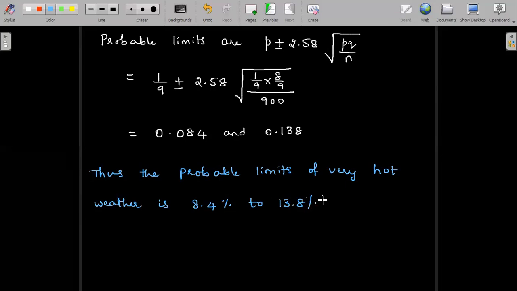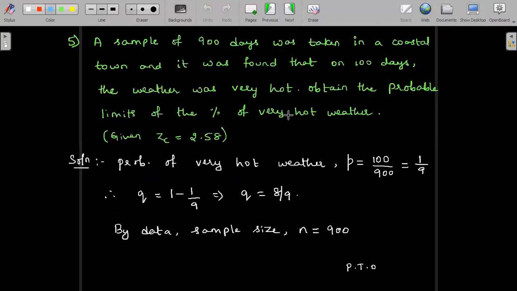So this was finding the confidence limits or the probable limits with respect to 1% level of significance. Since it is 1% level of significance, we have the value here as 2.58. Whereas in the last problem that we discussed, it was 5% level of significance and we used ZC value equal to 1.96. So according to the data, we are going to find it out. So either at 1% or 5% level of significance, we are finding out the probable limits of the given data. With this question, it was mentioned to find it out at 1% level of significance.